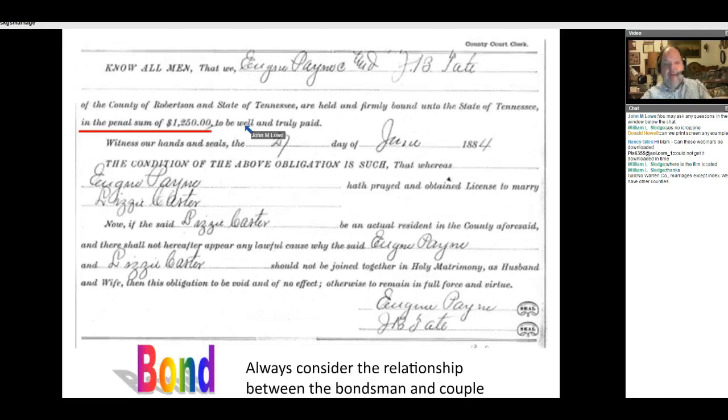On the same page of that book, here is the bond for Eugene Payne. His bondsman is J.B. Tate, and we should always consider the relationship between the bondsman who signs that bond and the couple. It might be her brother, it might be her cousin, it might be his best friend or any other, but determine the relationship if possible. I also underlined in red, because I wanted you to be aware of it, that the bond for Tennessee was $1,250. That's much higher than the $100 that's required for Kentucky. It did not have to be paid. That was not the cost of the license. It was a bond